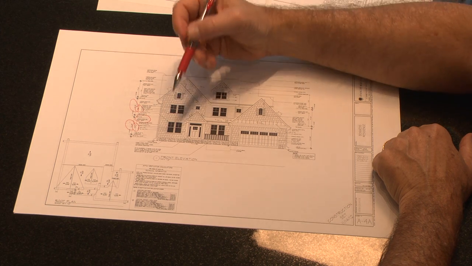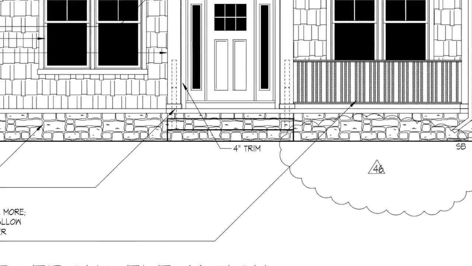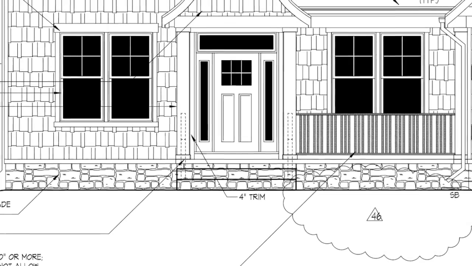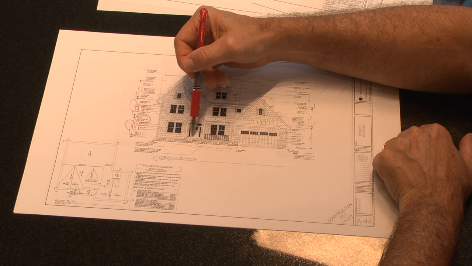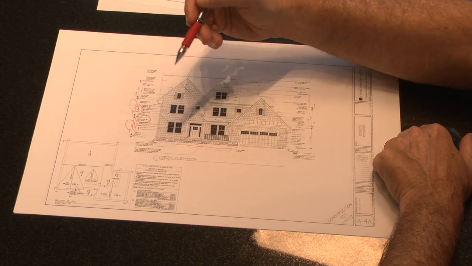Again, you see it may be hard to see on this plan, but there are 2 physical steps leading up to the porch. Again, this, in terms of the number of steps, will be trued up to the site plan. Here you can see the stone water table. This is covering the foundation wall. You'll also notice